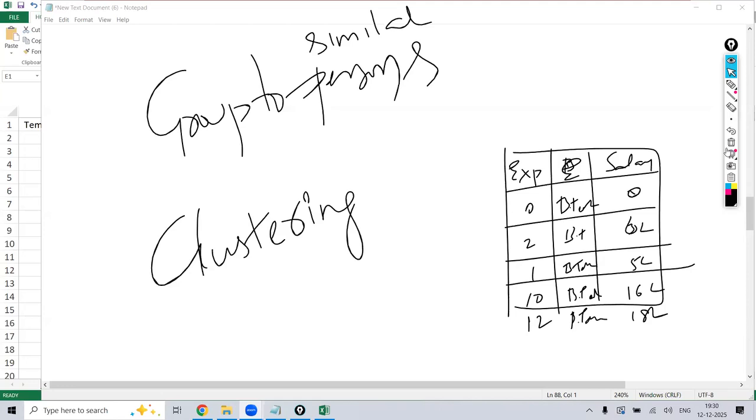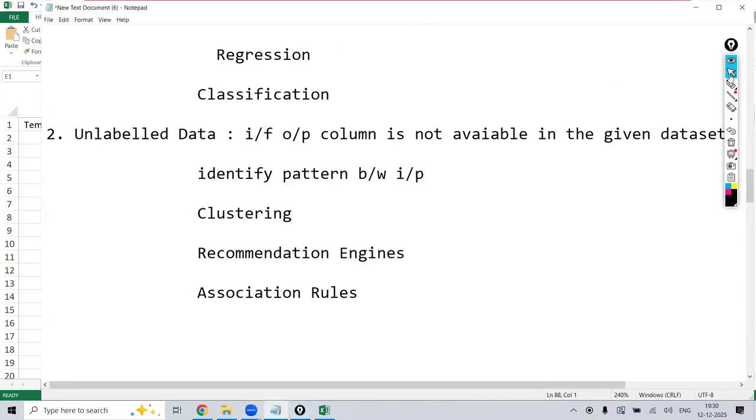What is a pattern? So these are all the introduction, guys. In detail, every algorithm, how it works, everything we are going to discuss in detail. I am just giving the introduction. Only the introduction. Right? And one more example for clustering, other than the COVID example, in real life, all the